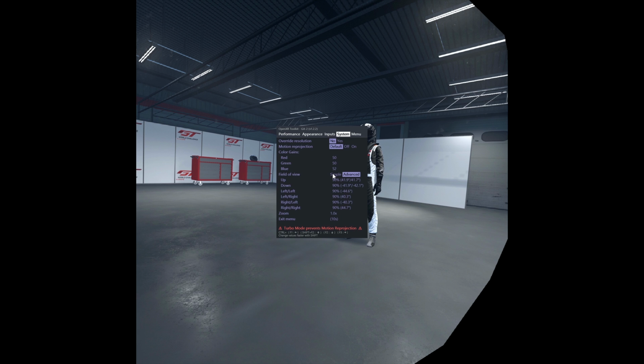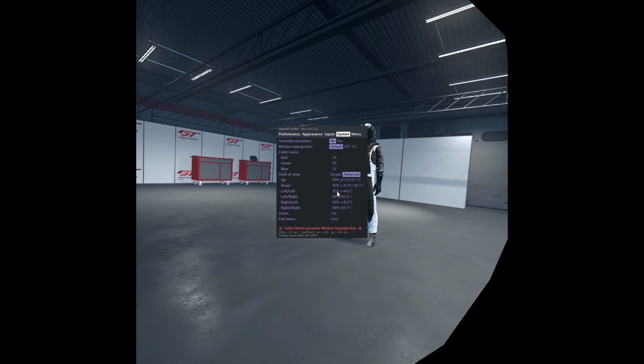And again, we will be working on the field of view. Set it to advanced. We're cropping off the up and the downside of the picture. So similarly to what we did in the Open Composite INI, cropping off 10% on top, cropping off 10% at the bottom of the picture. We will not be noticing that anyhow. And the same you can do also on the left sides and the right sides of the picture.